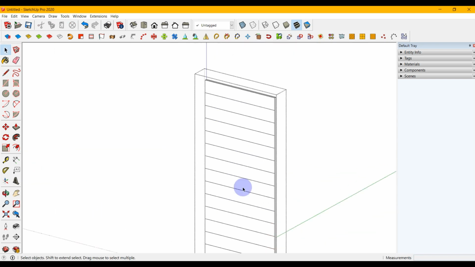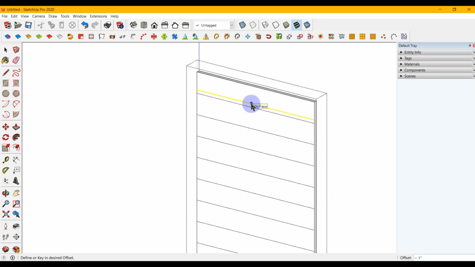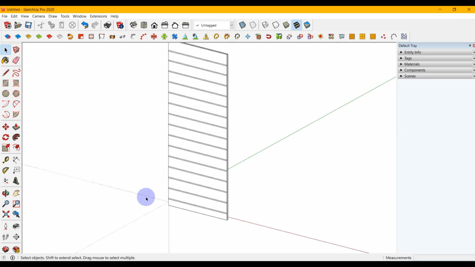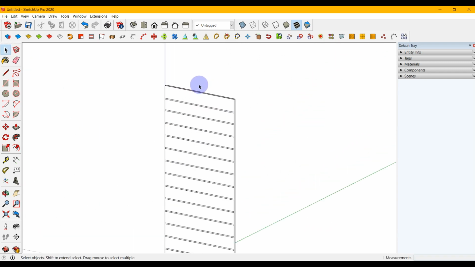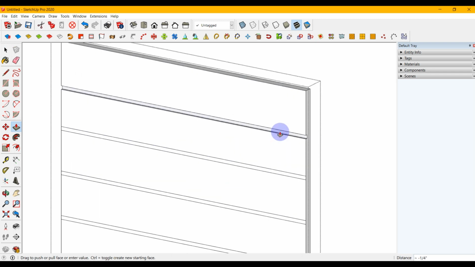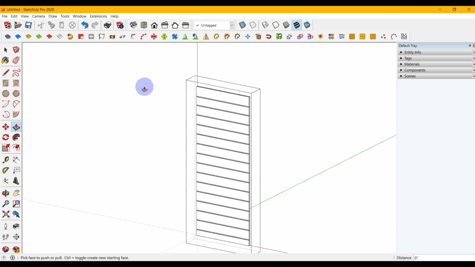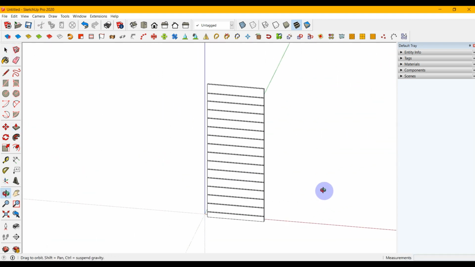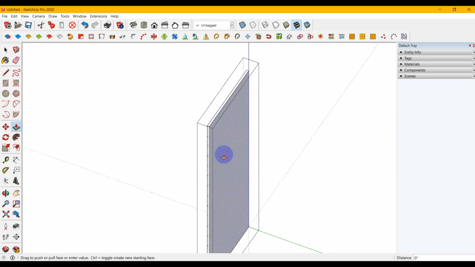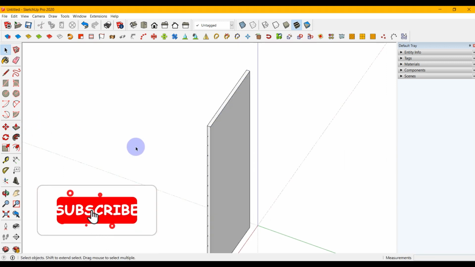Offset these lines at half inches. Push it back 1/4 inches to create grooves. You may increase the door thickness if you want. Click outside to close the group again.